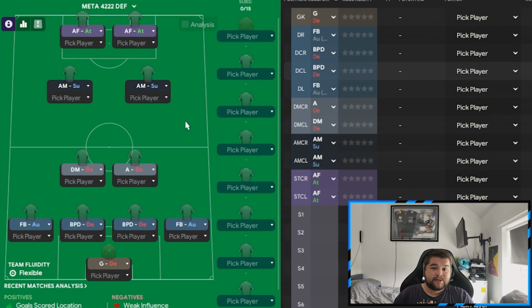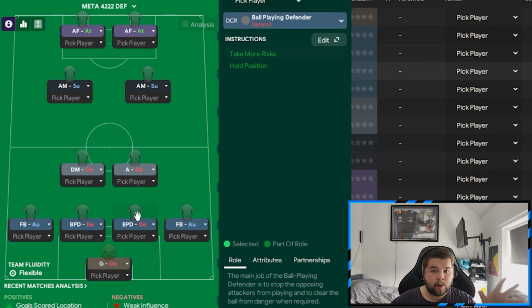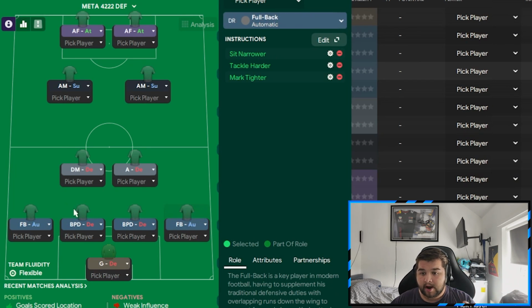With the defensive tactic, the underdog tactic, there are going to be some core changes. And although it's the same shape of 4-2-2, we have changed it a fair bit to be more suited for real low-down teams or if you're trying to seal a game out. So the goalkeeper does remain the same, as does both of the ball-playing defenders. The fullback on the right and also on the left are going to be quite different. Both on automatic, but now sitting narrow, both to their centre-backs, tackling harder and also being quite tight when it